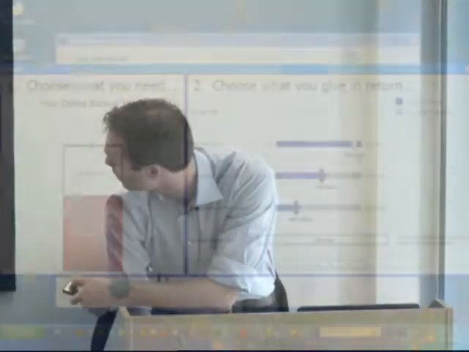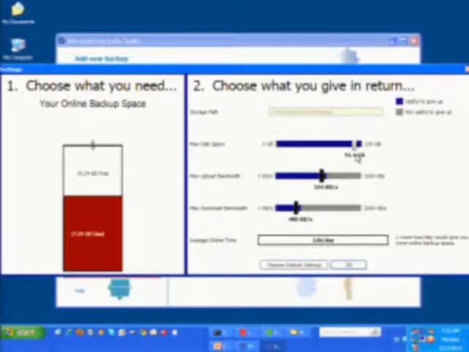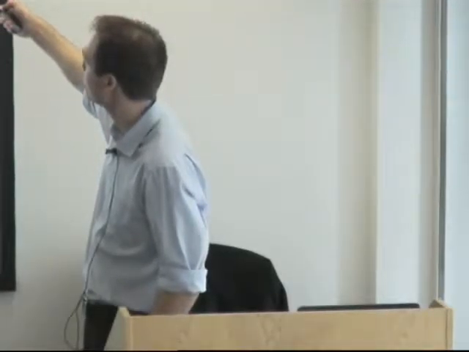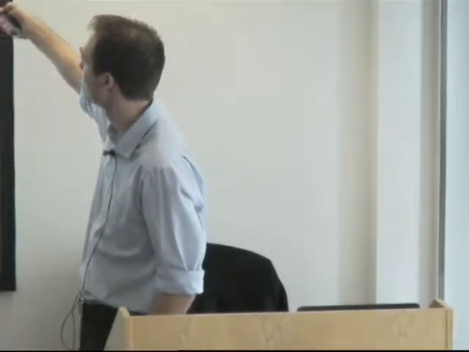Good, yeah. So the user gets 0 in return because he's not supplying enough space to make any use of the other 2 resources. So if the user gives more of these resources, then at some point we will give him more online backup space in return. What you see is that these sliders have different color coding, namely blue and gray, where blue means that this resource is useful to give up and gray means it's not useful to give up.